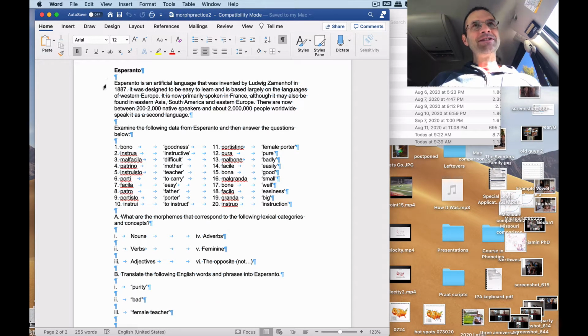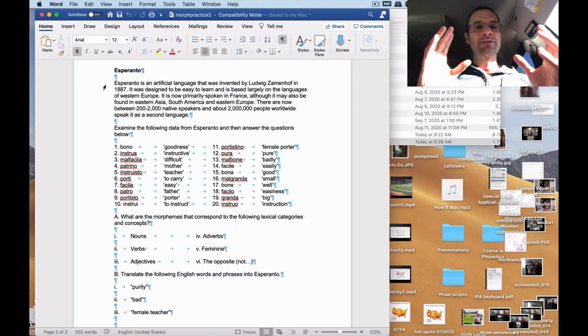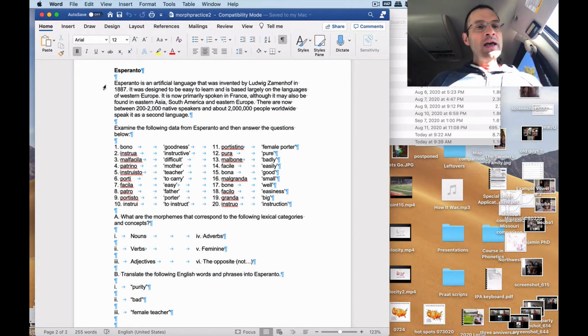So this is the first of basically a set of morphological analysis problems where you get a set of data from a language that you may or may not know, and you try to figure out how it works morphologically based on how you translate things from that language into English. So Esperanto, we're going to start off with this language because it's not a natural language. It's what is called an artificial language, or maybe a constructed language, that was invented by this guy Ludwig Zamenhof